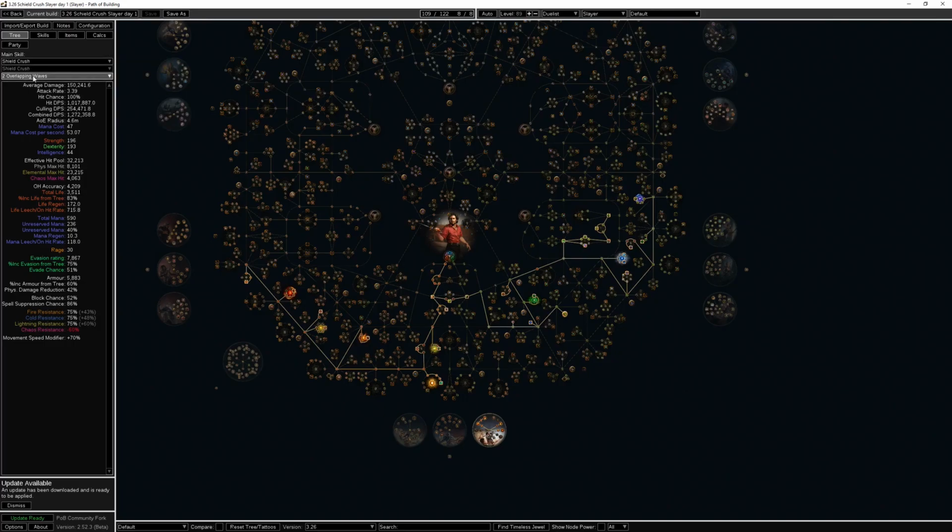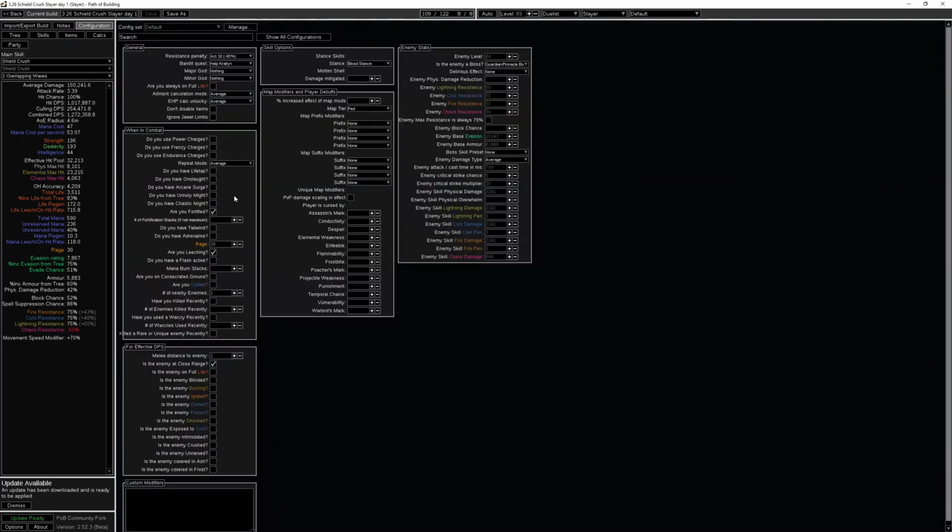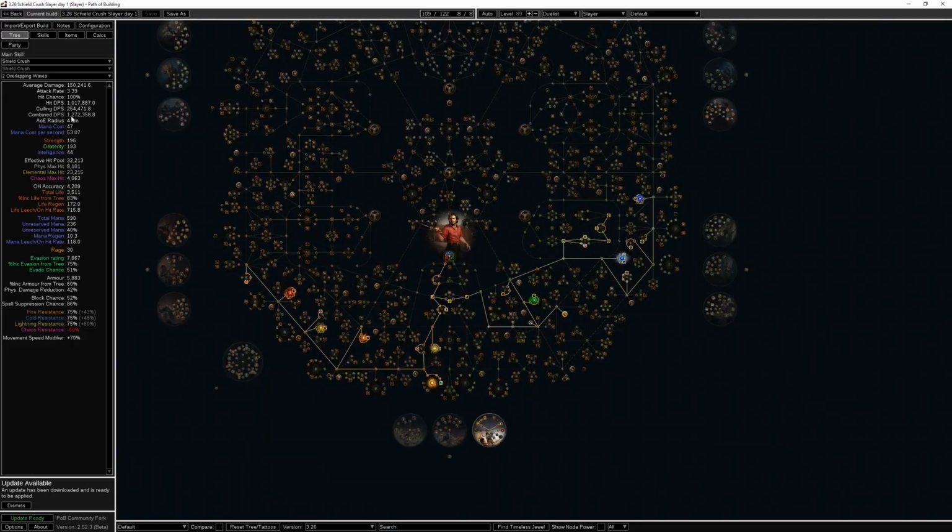Two overlapping waves with Shield Crush. I am fortified, I have 30 rage, I am leeching, there is 1 nearby enemy, and melee distance to enemy is just in close range. And then enemy level 84, Guardian Pinnacle boss. So this is the setup. And I'm sitting at